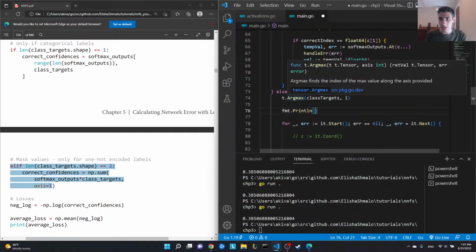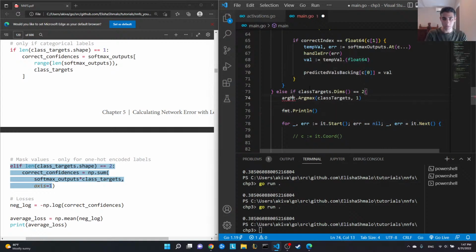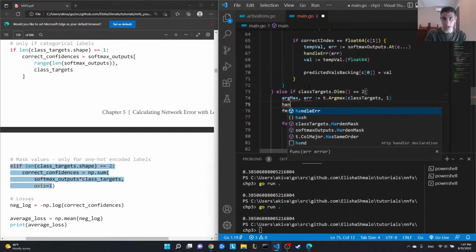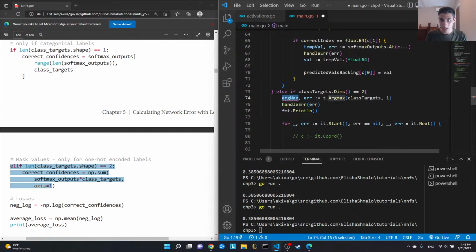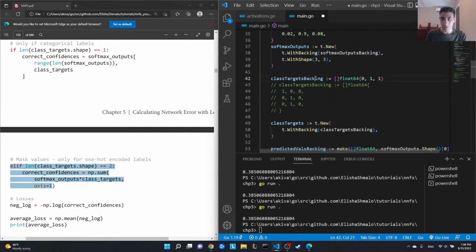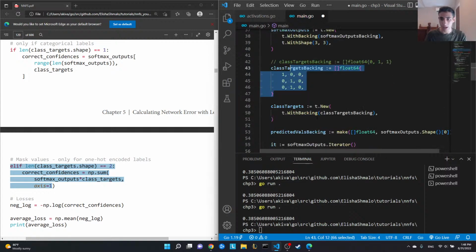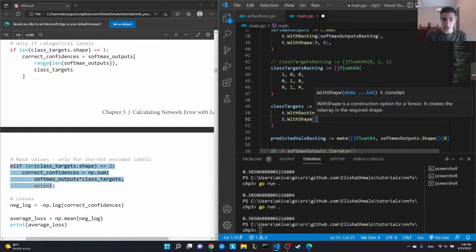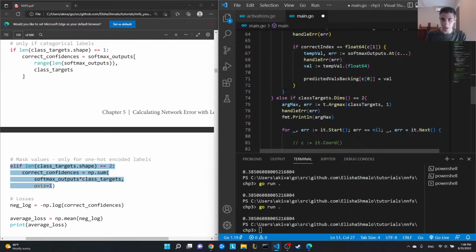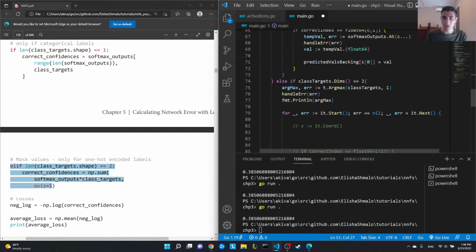I imagine in a tensor, right? Yeah. So argmax comma error colon equals, and then we'll handle the error, and then I want to println the argmax. But in order for this to run, I also have to make it like this. So I have to get rid of that backing, and I'm going to make it like this backing. And now we do need to pass in a shape. The shape will be t dot with shape, and this will be 3, 3, 3, 3. Okay, and then okay. So now that that is the case, now that it's two-dimensional, this will run,